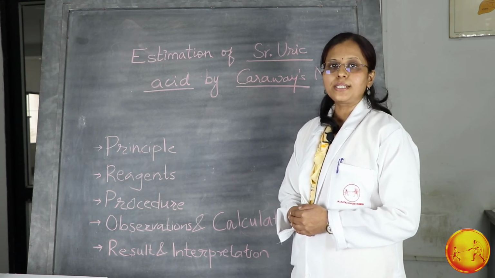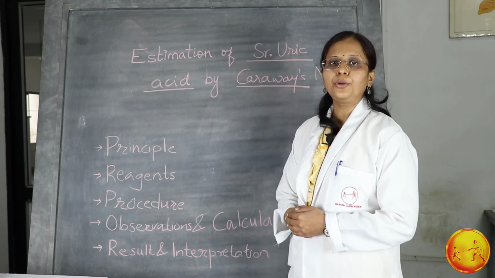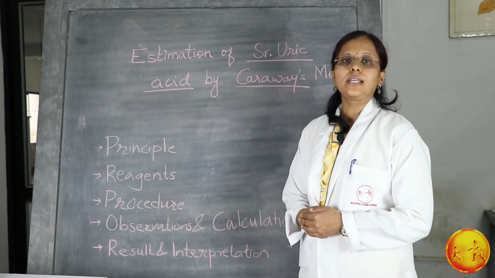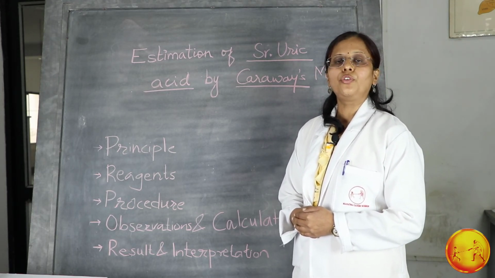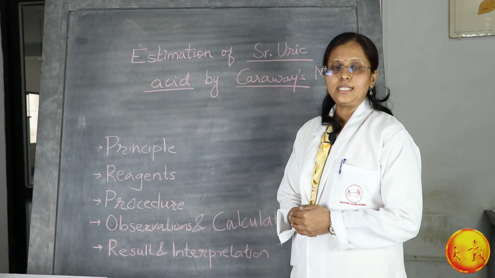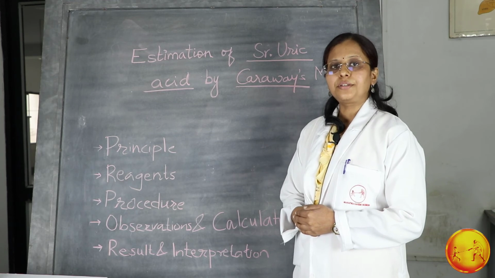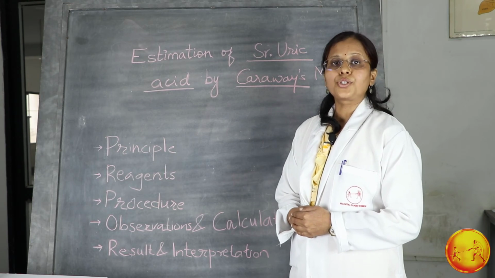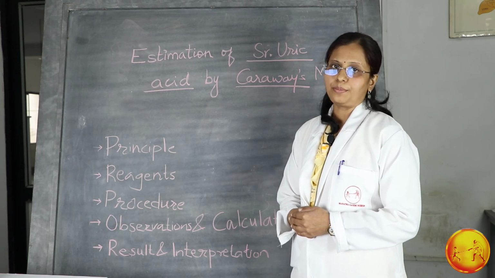There are various mechanisms by which hyperuricemia occurs. First one is excess catabolism of purines that leads to increased uric acid formation. Second one is decreased excretion of uric acid by kidneys. And third one can be a combination of the above two. There are clinical conditions in which uric acid levels are raised. These are gout, von Gierke's disease, Lesch-Nyhan syndrome. These three are because of the biochemical deficiency of various enzymes or excessive production of uric acid because of excessive action of enzymes leading to hyperuricemia.